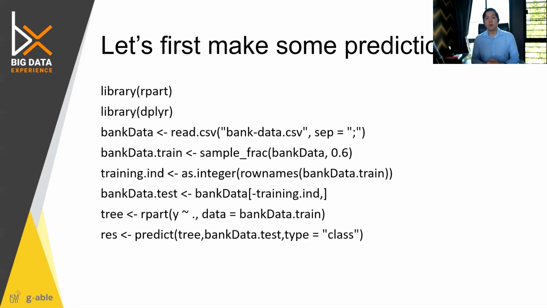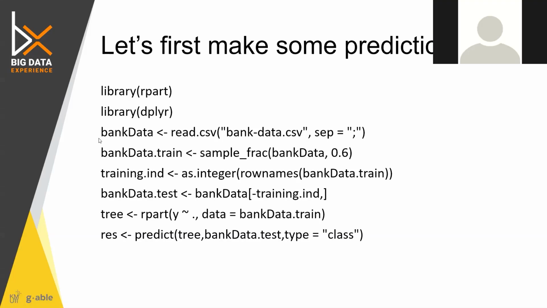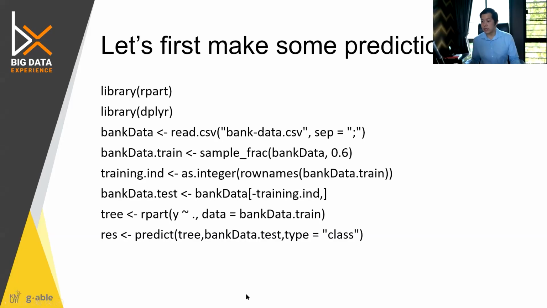All right, so let's first build a model. I need to build a model and get some predictions out of that first in order to have results and use it in the confusion matrix. So I'm going to use a decision tree and bank data, and just do this. All right, so let me switch the share